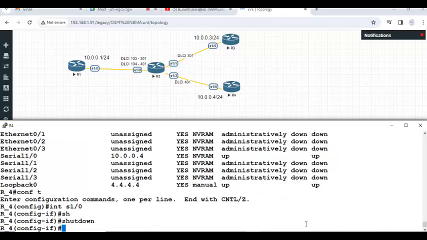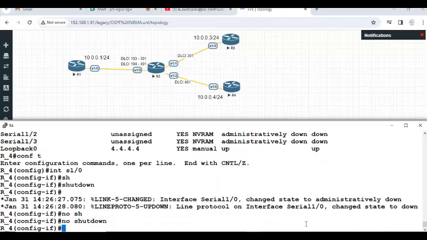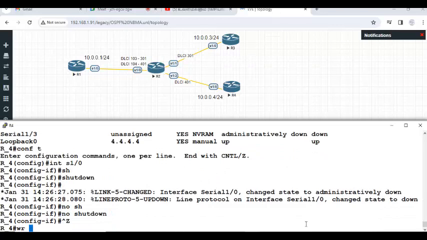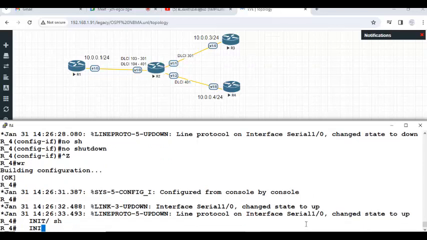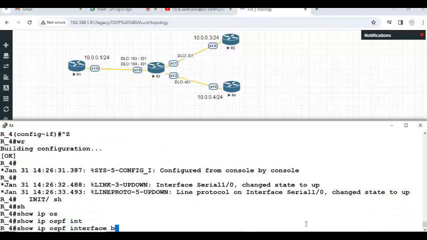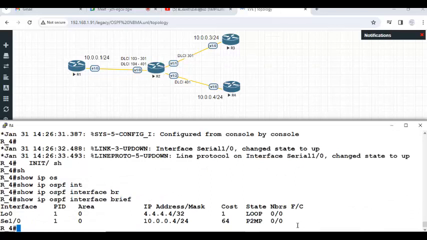I'm just resetting the OSPF. See, this is called point to multi-point, P2MP. And I'm expecting